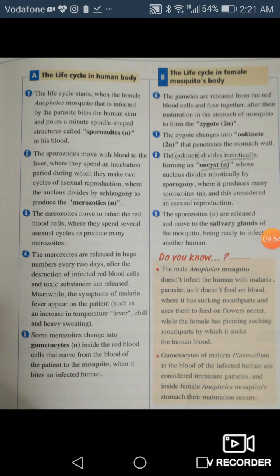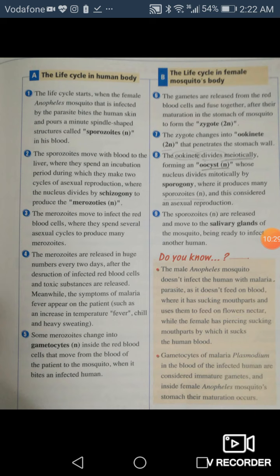After that, some merozoites change into gametocytes. What is happening in this process? The merozoites are getting bigger. As you can see in the drawing on the last page, the merozoites are very small structures, but after many cycles inside the red blood cell, they got fed and changed into a structure which is bigger in size, which is called gametocytes. The gametocytes also have the genetic material, which is N,